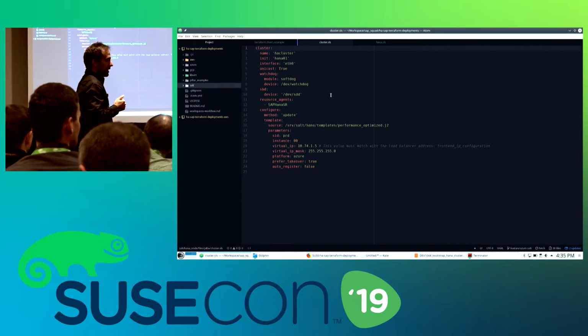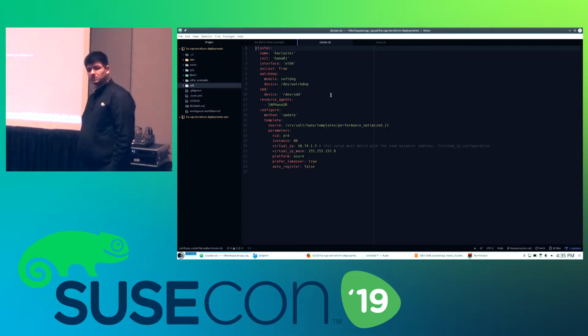If you scale up deployment, what are you doing right now? Like scale up HA? Yeah, scale up, performance optimized. Yeah, 2 nodes identical with full sync between them. What I'm trying to understand is you have just mentioned one resource agent, SAP HANA SR, what about the IP agents or HANA? It will be configured. It's a package. Yeah, it's a package, but it's a part of this. It is already installed